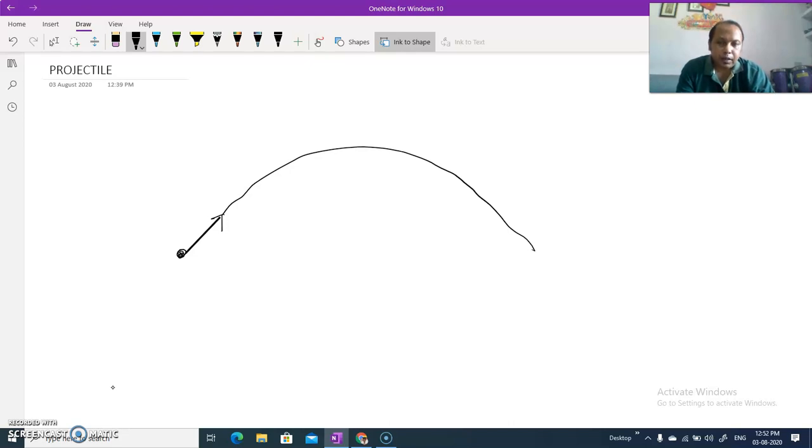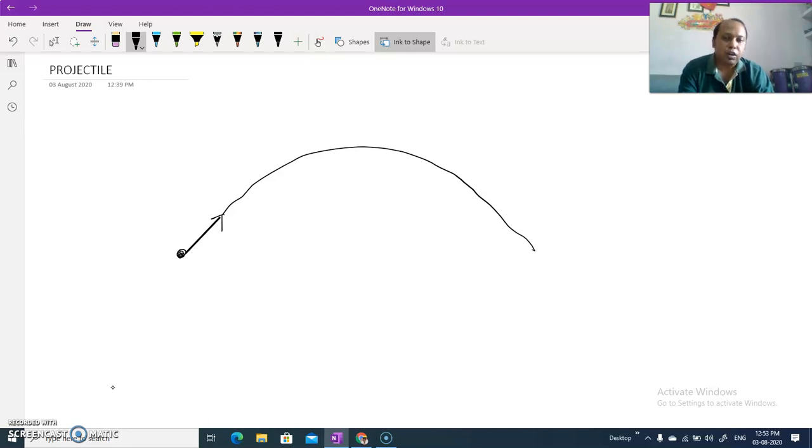So when we project a body into space such that it traverses its path and again comes back to the horizontal level, it is known as a projectile, which is under the effect of